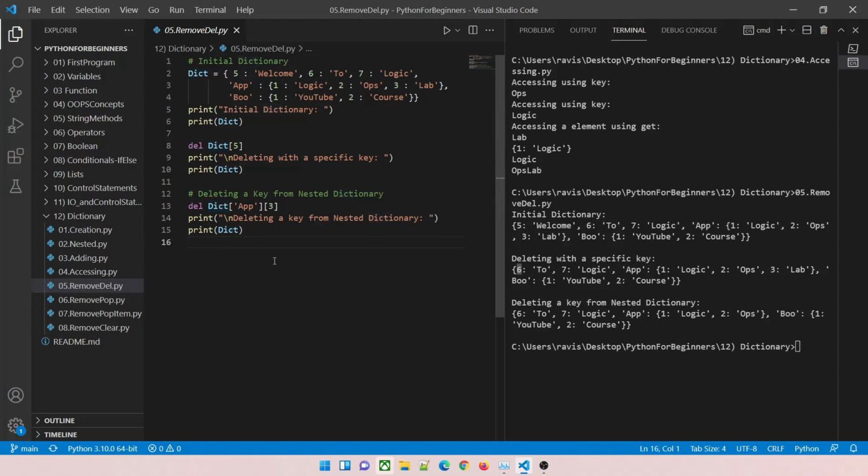deleted. But in case you want to delete a key from a nested dictionary, what you can do is you can give the root name, then the first key, and then the second key. So the root name is dict, which is perfect. The first key is app, which is this, and the second key is 3, which is this. So this will be deleted and it will print only till ops, and you can see that it has deleted it. So I hope you guys have understood it. This can be quite intimidating right now. You can just copy my code or you can just write your own code, which is highly recommended.